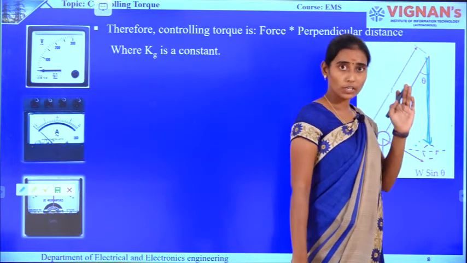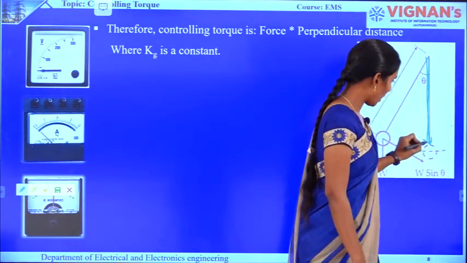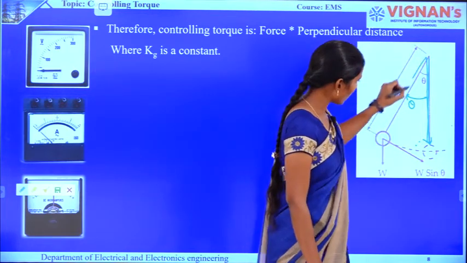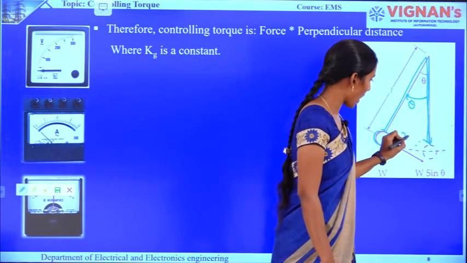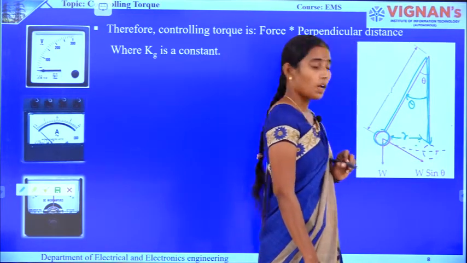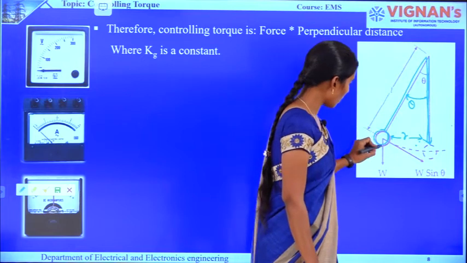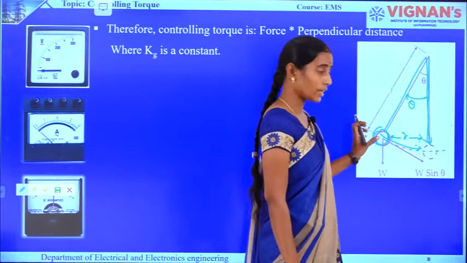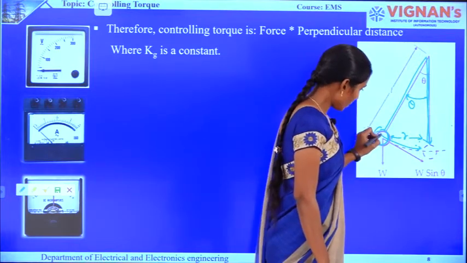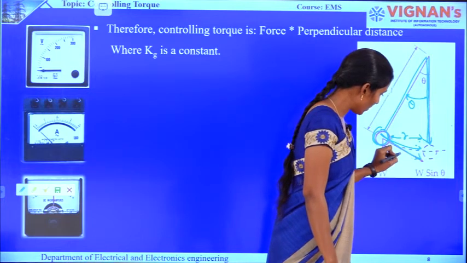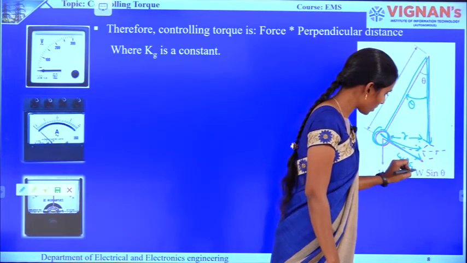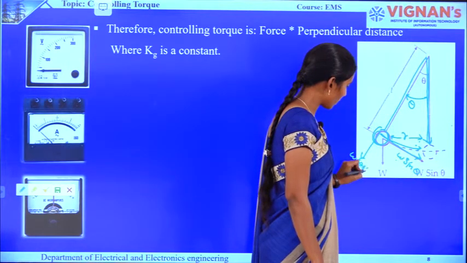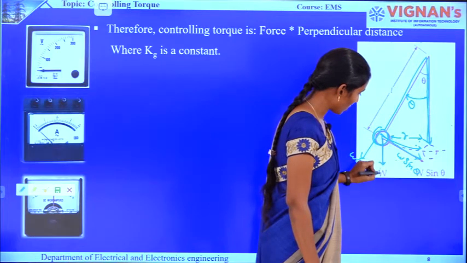Now, because of the deflection of the pointer, this control arm is getting deflected by an angle theta. Now the control arm is here, which is at a distance of r from its initial point. Because of gravity, this control arm tends to move to its initial position. Resolving it into components, the force acting in this direction will be W sin theta, the perpendicular component will be W cos theta, and the resultant will be W.